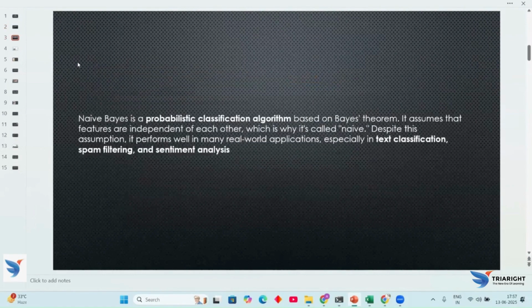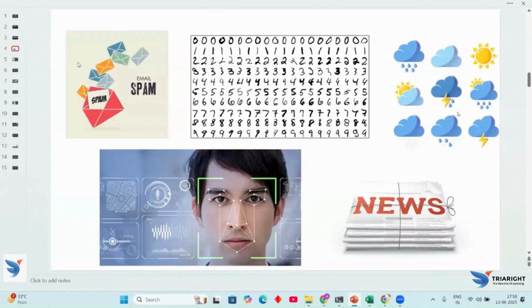So Naive Bayes is a probabilistic classification algorithm based on the Bayes theorem. It assumes that the features are independent. The Naive Bayes features are independent of each other; they don't know each other's relationship, which is why it's called Naive. Despite that assumption, it performs well in many real-world applications, especially in text classification, spam filtration, and sentiment analysis. Naive Bayes is mostly used in email spam detection, numbers identification, weather prediction, face recognition,